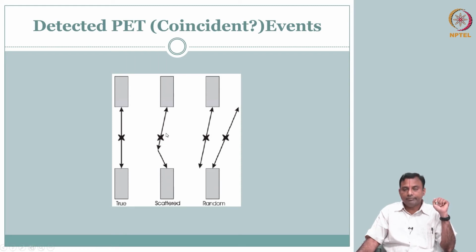You could always have some noise here also, like for example it could be due to scattering. It is going there, scattered, it is coming here, that is a possibility, or this is actually going there and some other activity is giving here. So from your timing circuit, this is kind of a random. You are picking some other activity within the time interval that you have. We cannot do much about that, but what you can do is these things you can avoid. So if you have a scattered one,